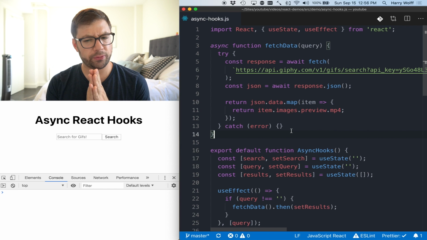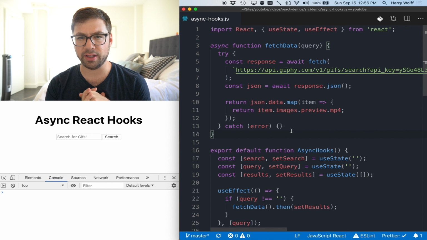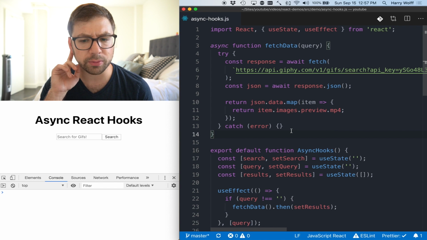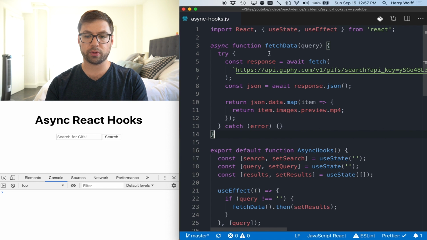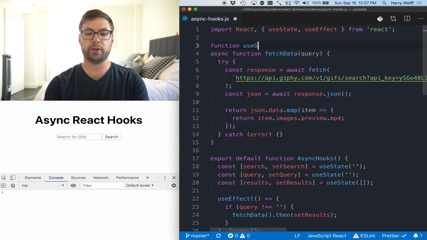Should we take things a little bit further? Make a custom hook for making a request against the Giphy API? Yes? Is that what I hear you say? Yes, you want a custom hook little mini lesson? Let's do it. We're gonna do a new thing called function useGiphy. And then here, we're gonna pass in the query